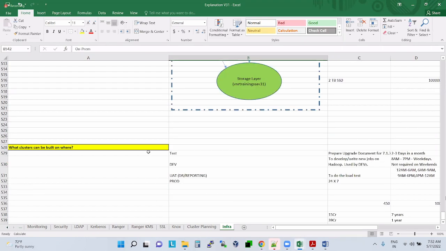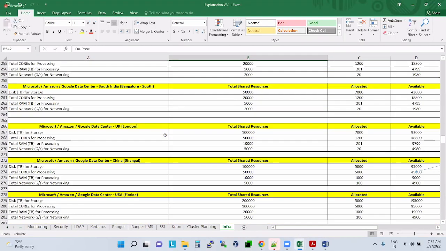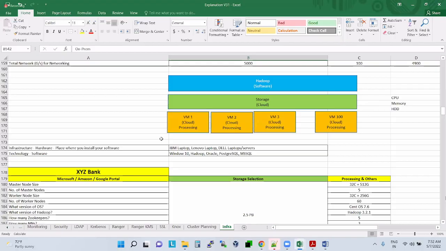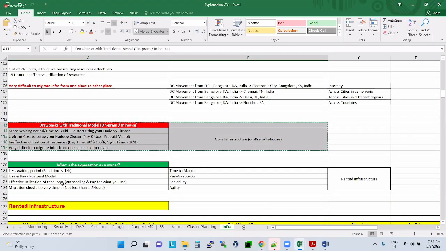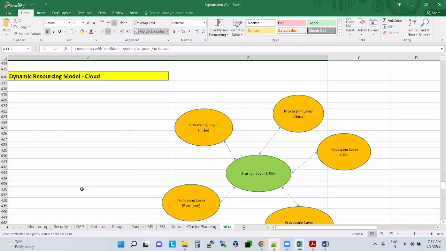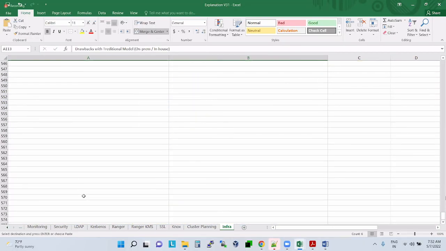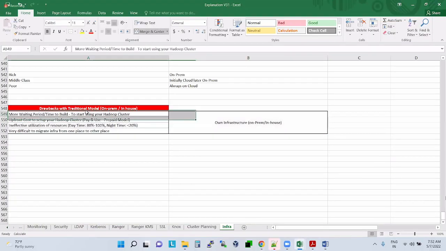But when it comes to on-premises, we have these problems. What are the problems? We listed them out, right? These are the drawbacks with the on-premises model. It is a lot of time-taking process. Even if I have money and I invest, it will take 30 days.